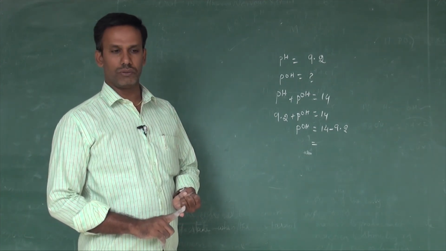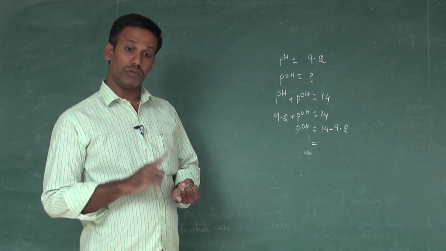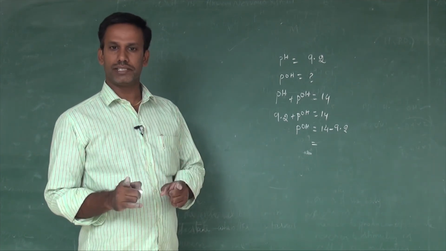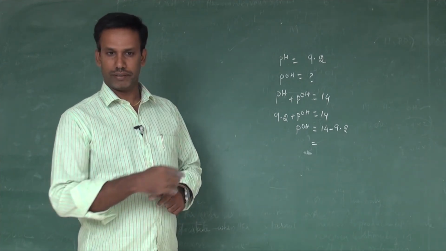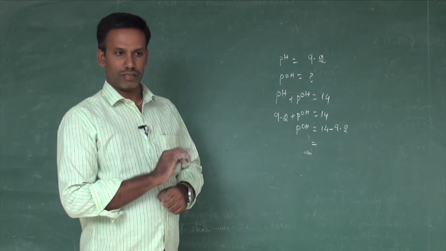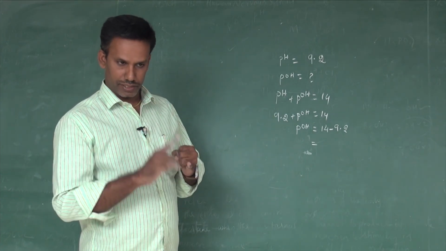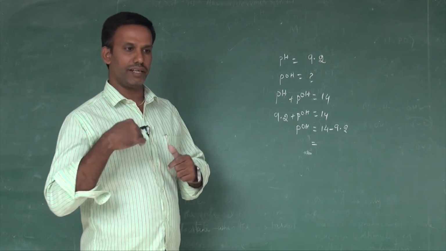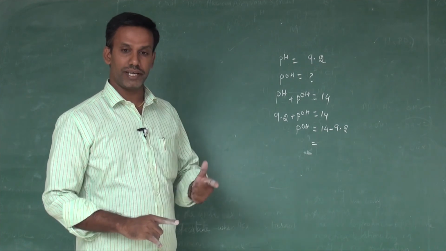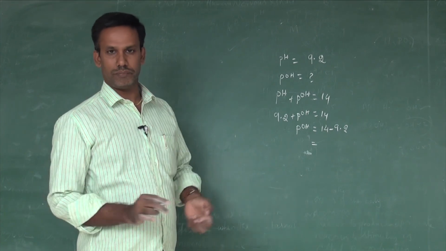What formulas are you using in the pH problems? Minus log of H plus ion concentration for pH, and minus log of OH minus ion concentration for pOH. The relation between pH and pOH is pH plus pOH equal to 14. You also have to remember the basic logarithmic formulas when doing the problems. Keep in mind whether they are giving the H plus ion concentration or the OH minus ion concentration, in a direct or indirect way, and find that first. Then see what they are asking, whether pH or pOH, and be very careful to find that. That's all about the pH calculation.